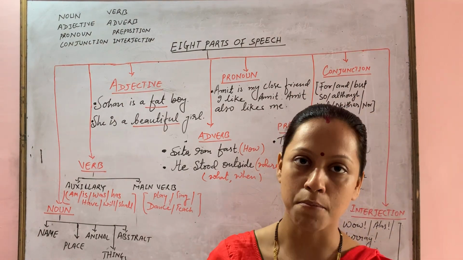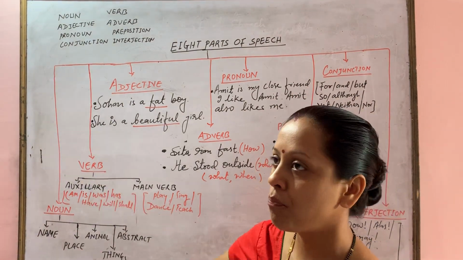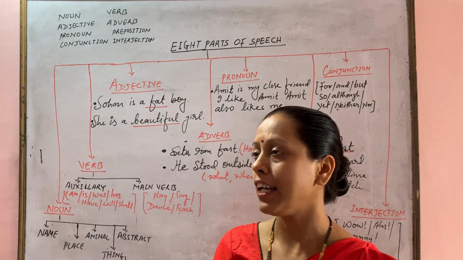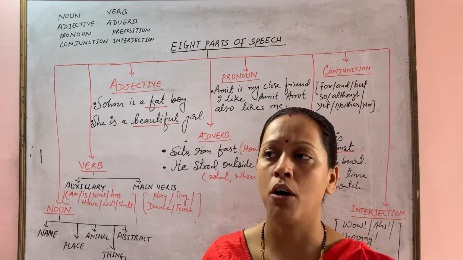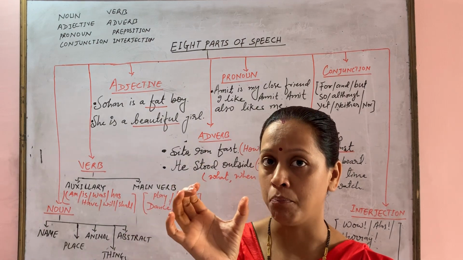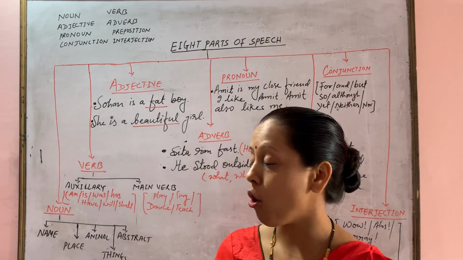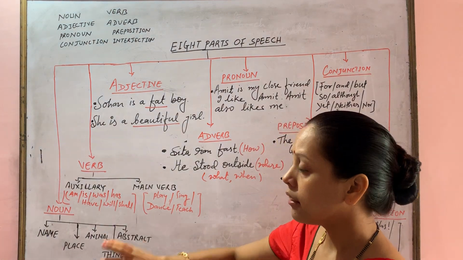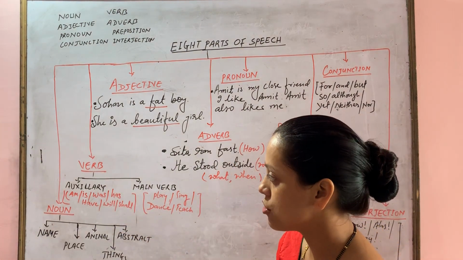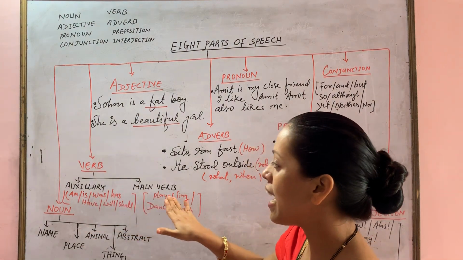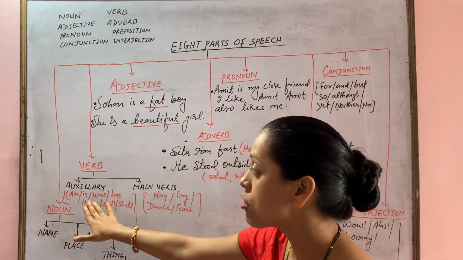Moving on to the next part of speech is verb. Verbs are classified into 2 groups that tell us about the happenings, the time or the tense, you can say, of a sentence. There are 2 types of verbs which we divide or categorize into: auxiliary verb and main verb. When we say auxiliary verb,